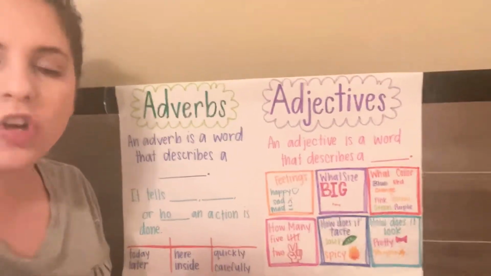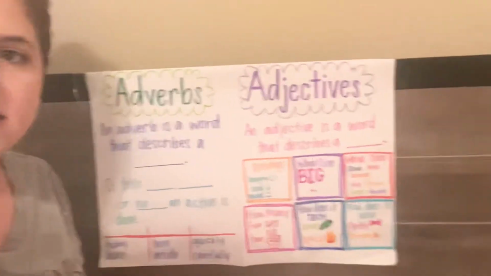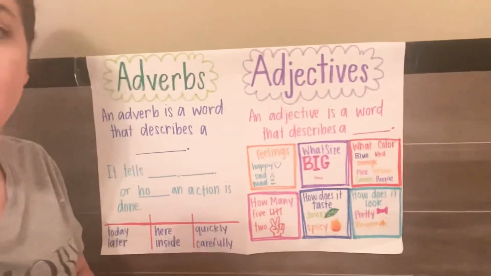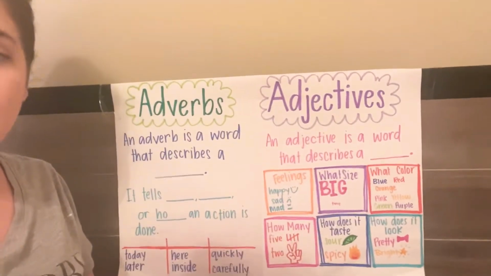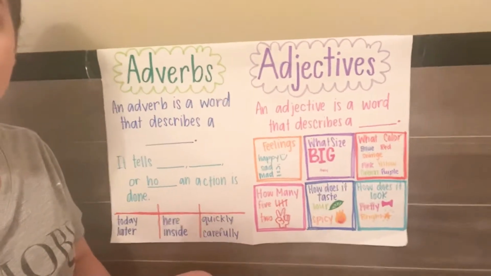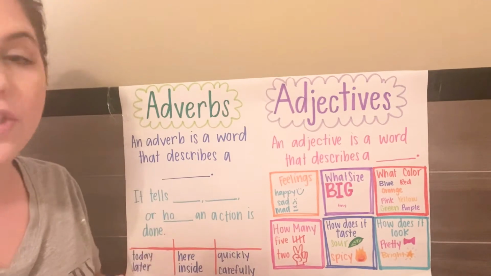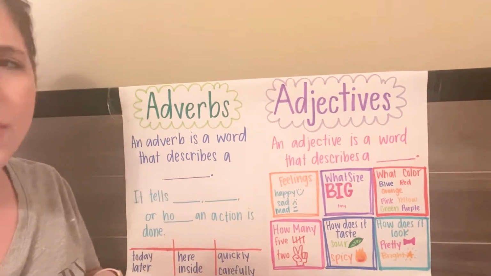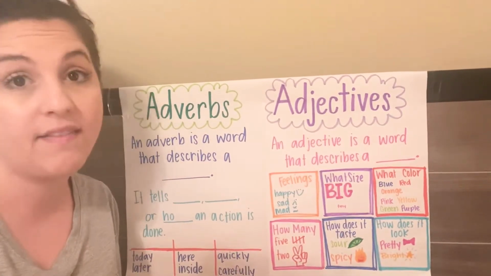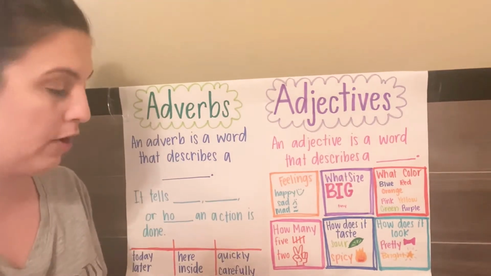Okay, so I'm going to try to get it to where you can see this a little bit better, you guys. So I made an anchor chart for us, which is fun. I made us an anchor chart so that we can start using it, and hopefully we can do this with more of our activities. Okay, so